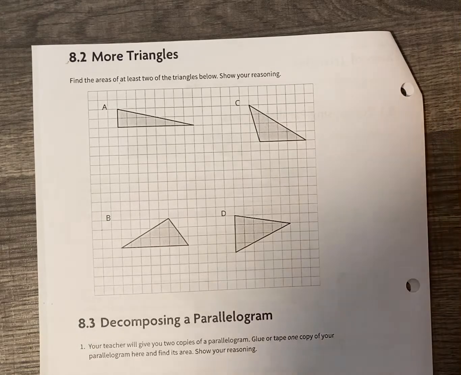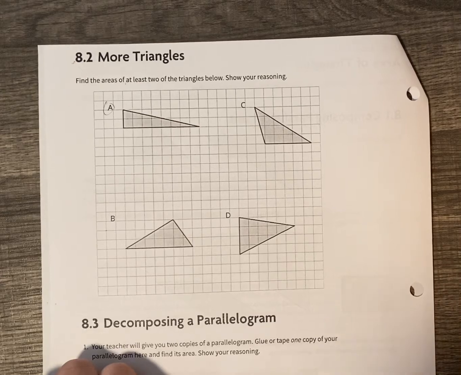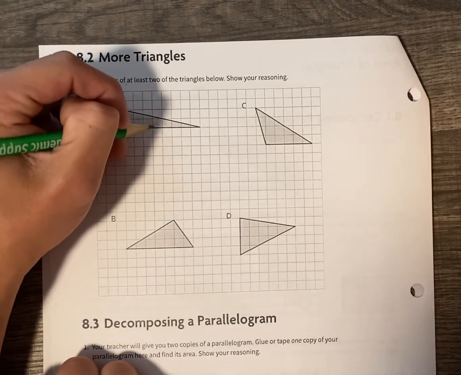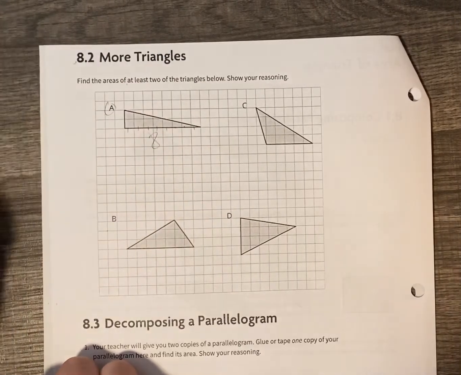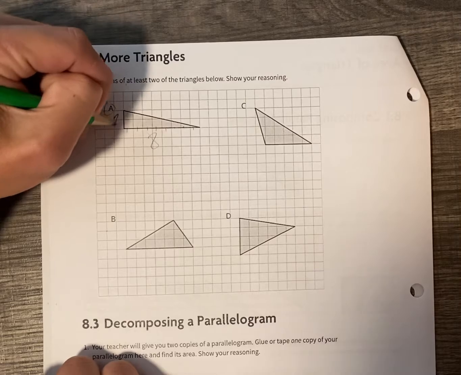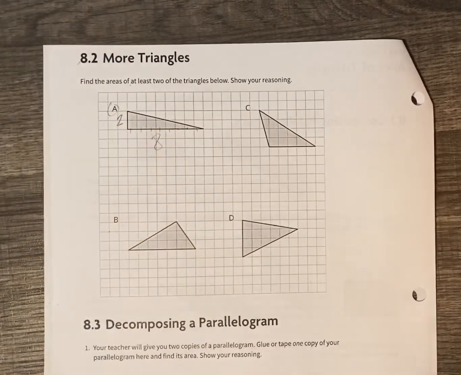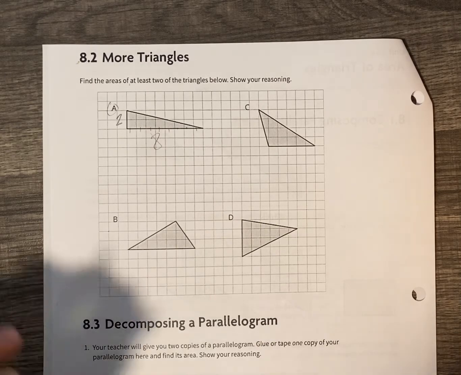I see the first one, A, right here, shows us a right triangle with a base of 1, 2, 3, 4, 5, 6, 7, 8, a base of 8. That's a height there of 2, okay? A base of 8 and a height of 2. Now, we don't have a formula yet for finding the area of a triangle, so the way that I see